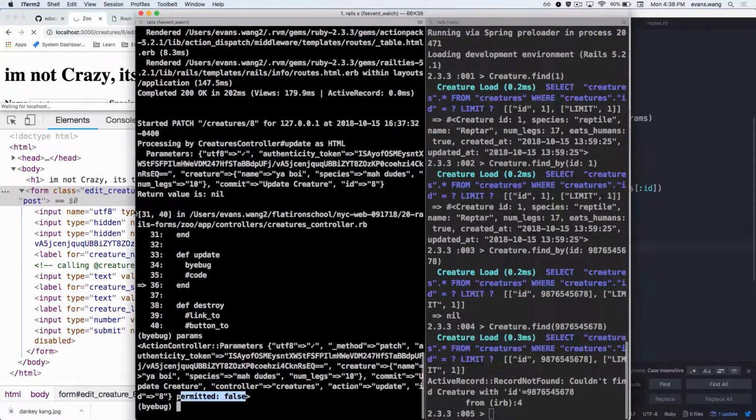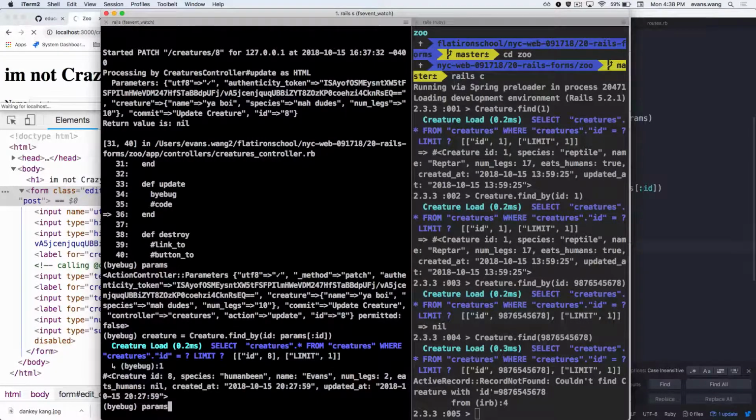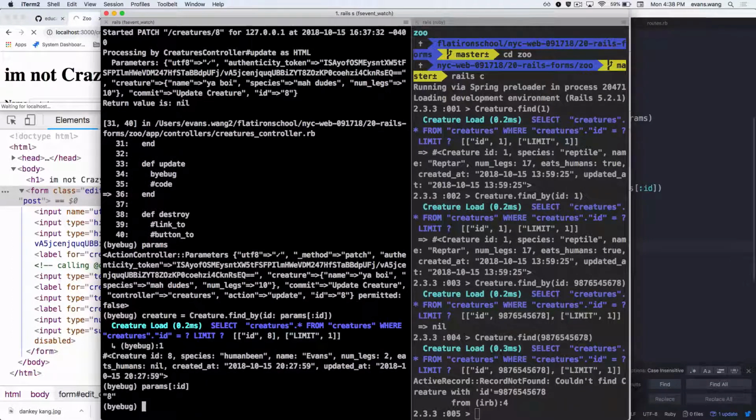Well, the first thing I have to do in my update, all right, is I have to do creature equals Creature.findBy, or find, doesn't matter, the params of ID, all right? Because what is params with the key of ID? The ID of the one that I'm editing. So I want to make sure I'm getting the one that I'm editing, right? Can I then do just creature.update? Can I just pass in params like a champ? No, I have to do that whole